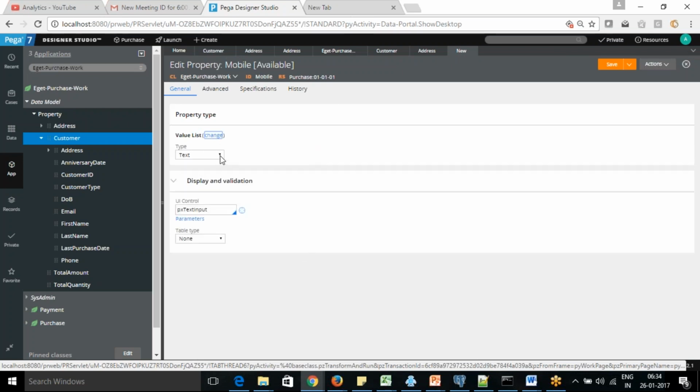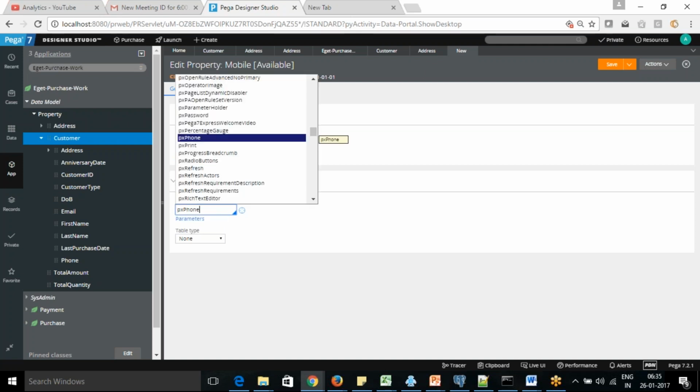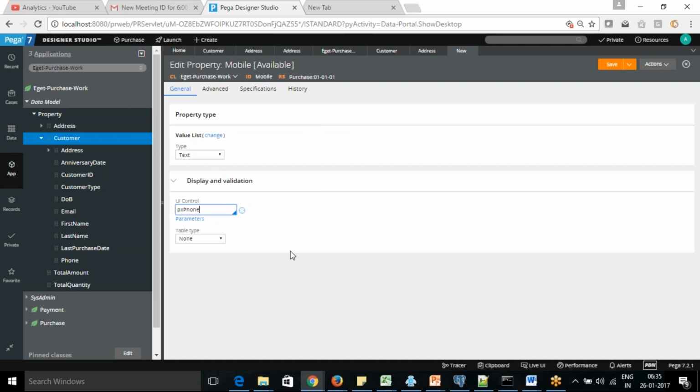If you can see, for each item you need to choose the type of it. If I say integer, actually here you should not have an option of phone. If we go with text, here we can go with px phone. Some control is there, so we can choose it from here.